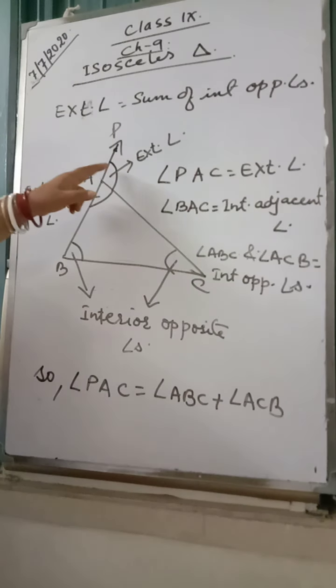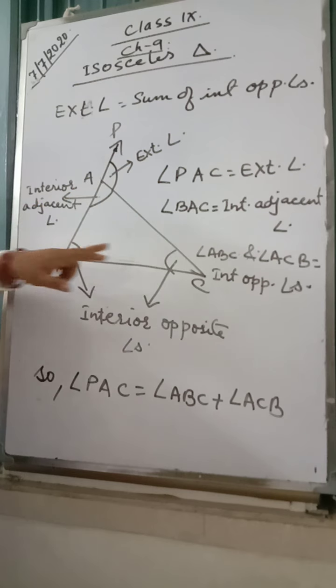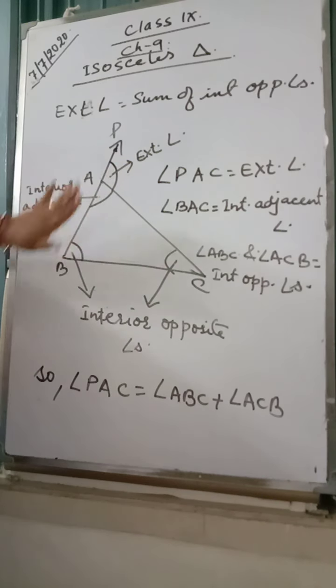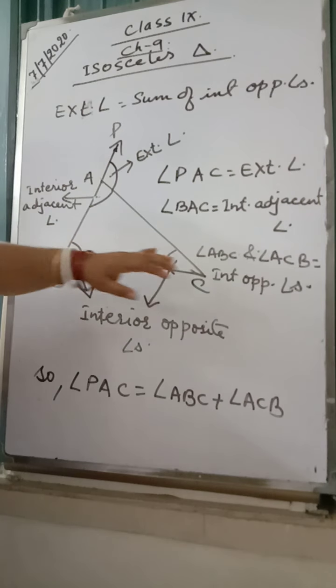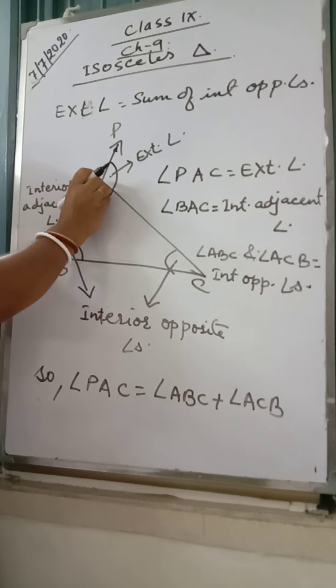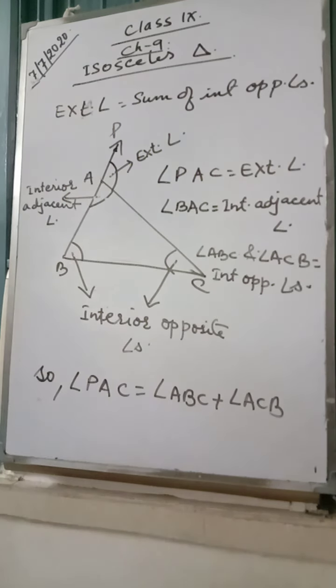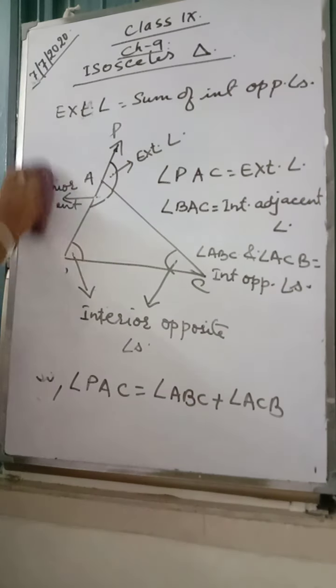Why is it so? Just see, the sum of these two angles is 180, and again the sum of 1, 2, 3 is 180. This total is 180 and 1, 2, 3 is 180. So in both cases this angle is common. So this angle will be equal to these two angles. From there this theorem has come. Now I was talking about question number 7, because there is no figure you will be a little confused, so we'll just see question number 7 here.